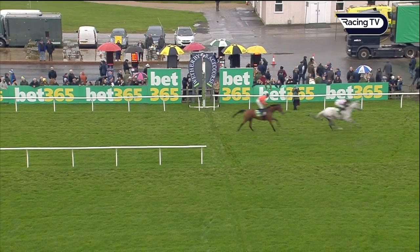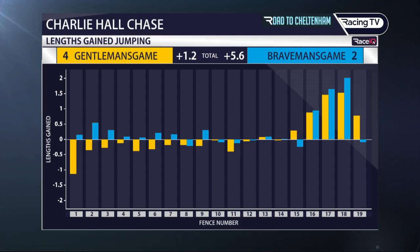I think with Gerri Colombe in the mix, that he could end up in the King George with Bravemansgame. Gentlemansgame? Yeah. Yeah, interesting. I hope he does. I think it'd be great. And throw in Shishkin, then it'd be a belter. That would be great. Well, think about Gentlemansgame and where he is in his career in a moment, but